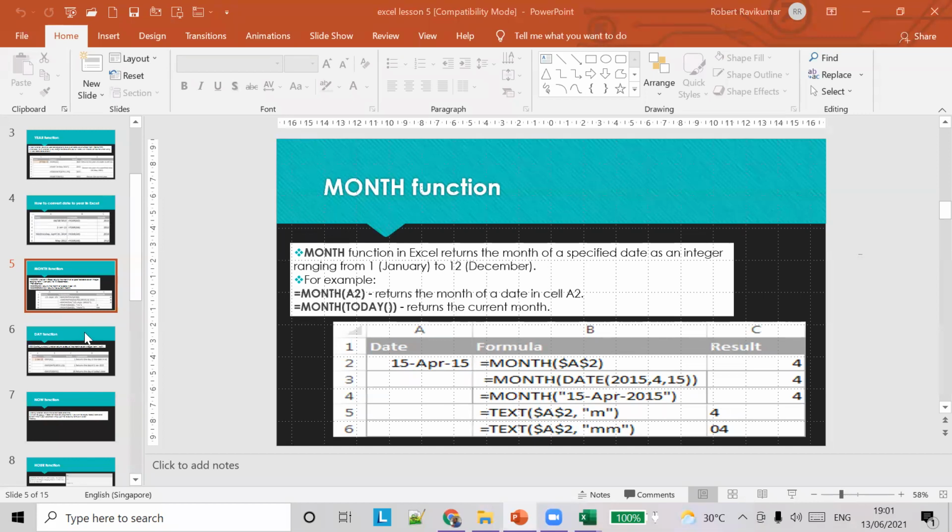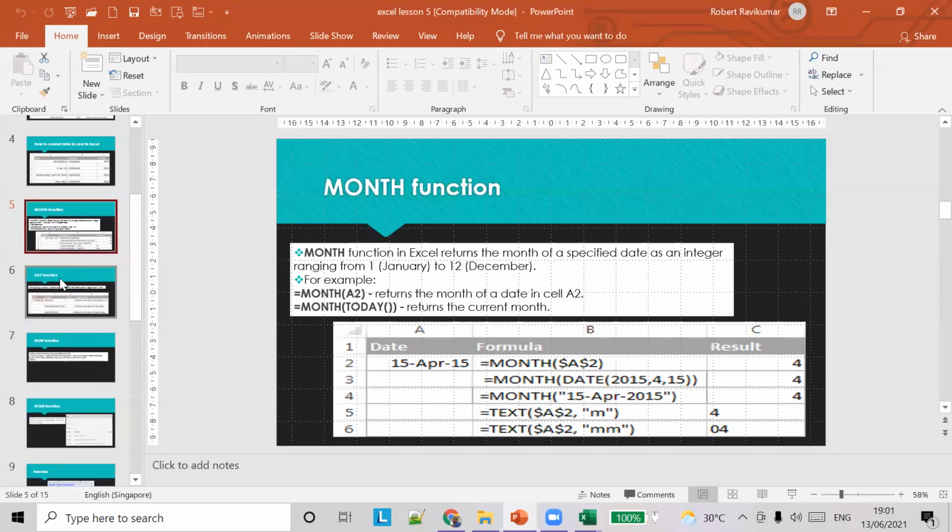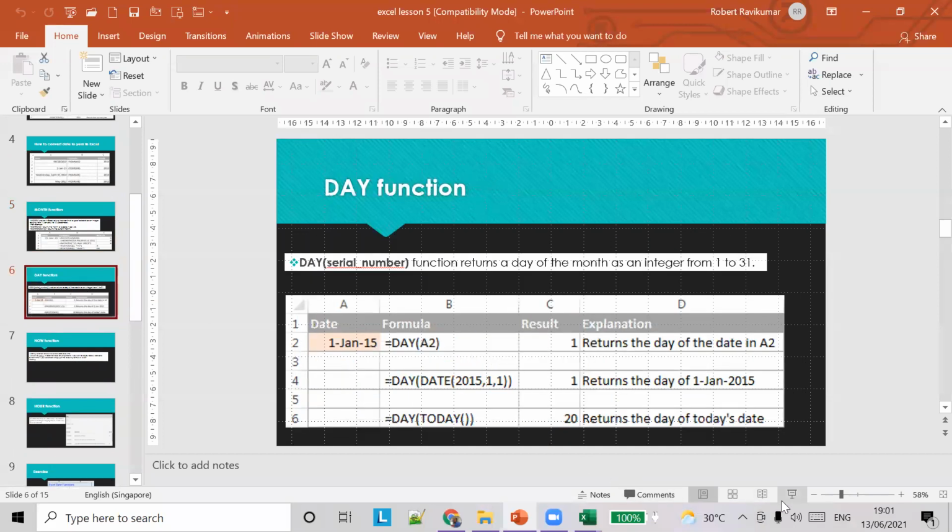Yeah. So we have learned how to form dates. Now we'll try how to find the day. Sorry, the day function. So we have month and day. From the day function, if you want to find the day, you have to pass the actual date, and from that actual date you can find the day. In this example the date is 1st January 2015, and you'll get 1 here, which returns the day of the date.